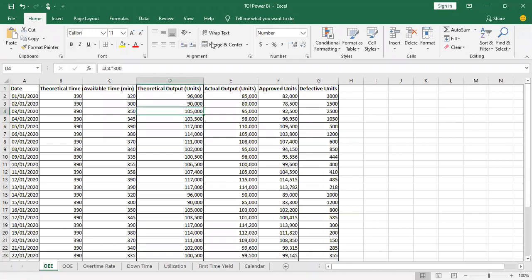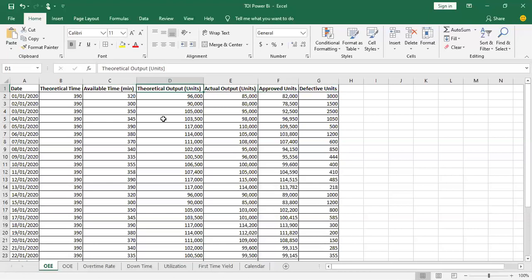Okay, this is the Excel data sheet where Hudson Pharma will be feeding their daily data. So we have got 6 to 7 sheets, and every sheet belongs to a matrix, a KPI, which they will be using in the dashboard. So here we have got date, theoretical time, available time, theoretical output, actual output, approved units, and effective